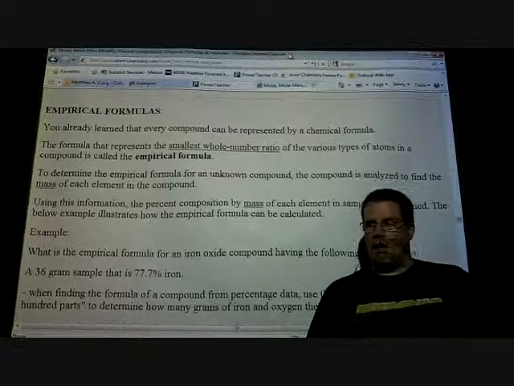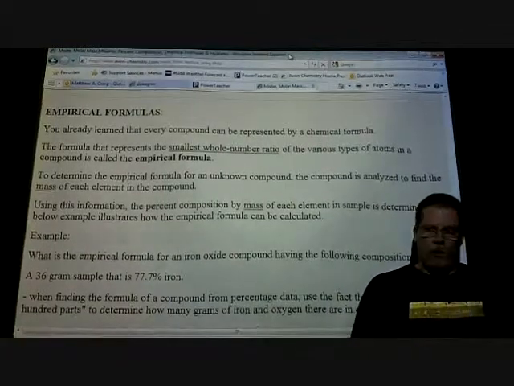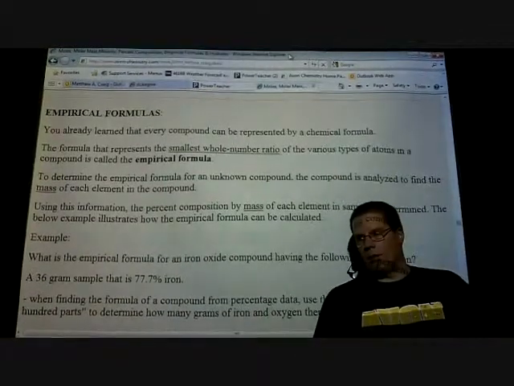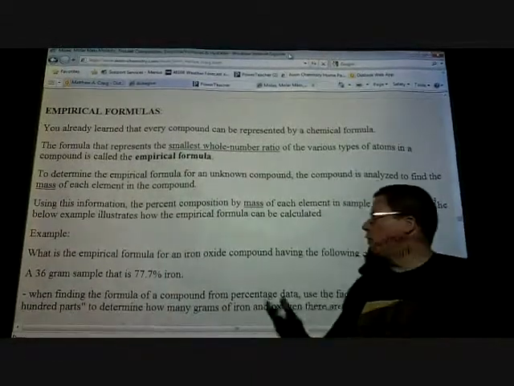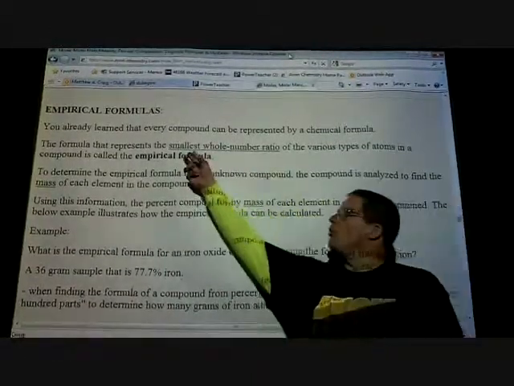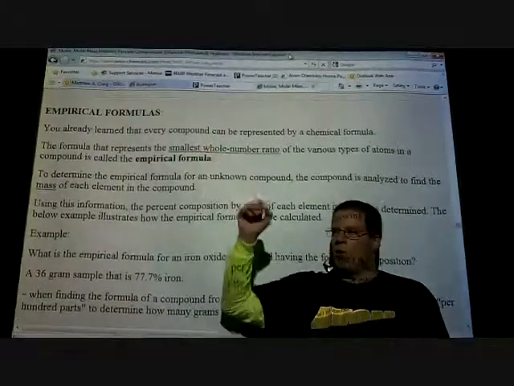Sometimes, and this will make you upset, the empirical formula is the molecular formula. Why would they do that? I know. That's the way God made it. But what we want to do is make sure that we have the smallest whole number ratio within the